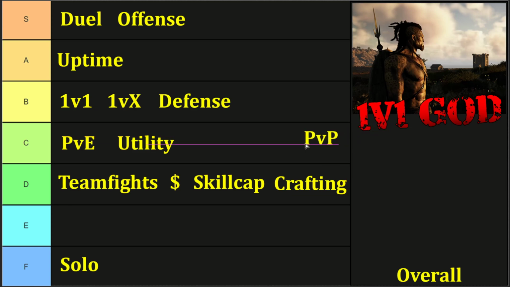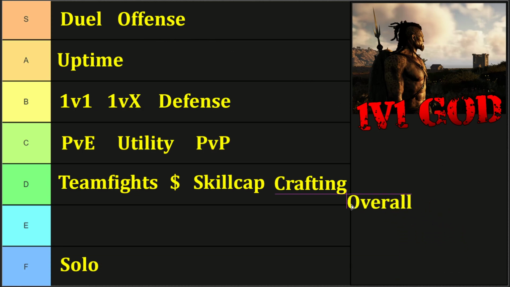PvP, I put it in C tier, right? It shines in certain spaces, but other than hitting harder than anything, which has its moments, that's not enough to carry the build, I don't think. And even though it can hit harder than anything, the difference between the hardest hitting character, being this guy, versus second place and third place is marginal. It's very marginal, right? So even though it's the best on offense, it's the best on offense by just a smidge. Overall,